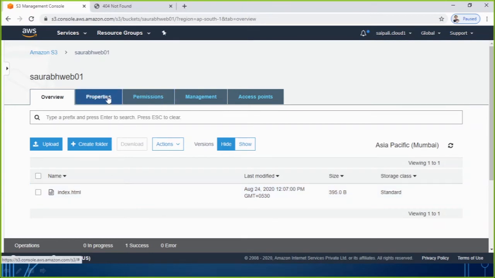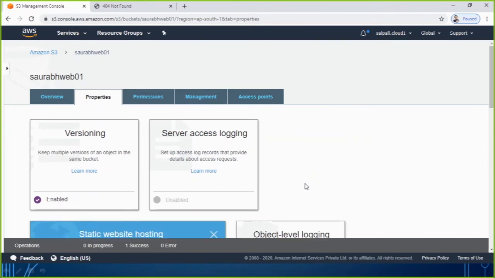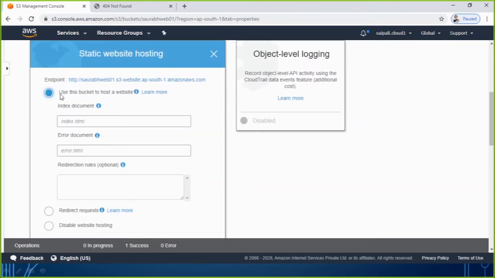So I go again to Properties, Static web hosting. I make it use this bucket, and here the name is going to be index.html. If your file name is abc.html, john.html, or saurabh.html, you will be typing exactly the same name of your file.